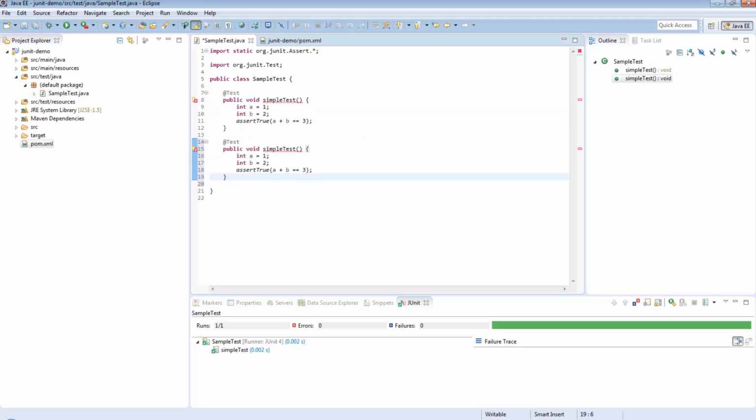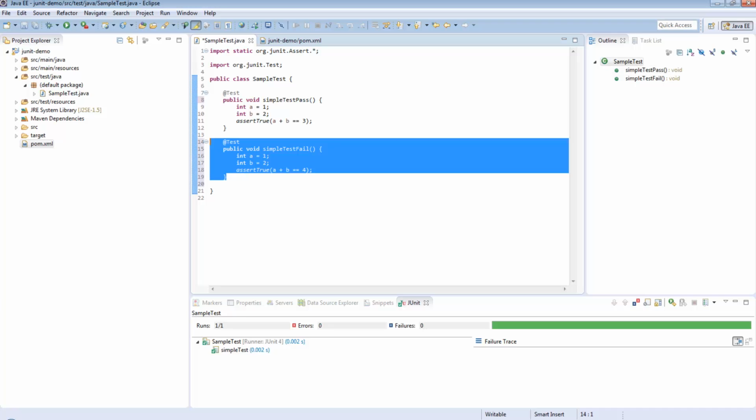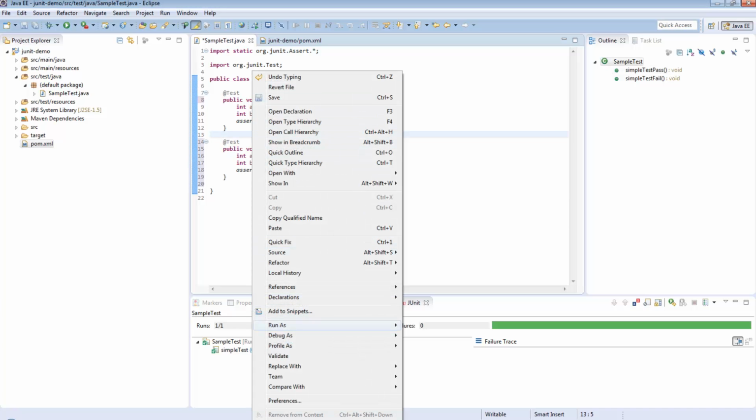and this time let's cause it to fail. So we're going to rename the test from pass, and this one I'm going to rename it to fail. And this time, let's say this is going to be equal to 4. Now obviously 1 plus 2 isn't 4, it's 3. But this is just to force a fail. So now if we run this,